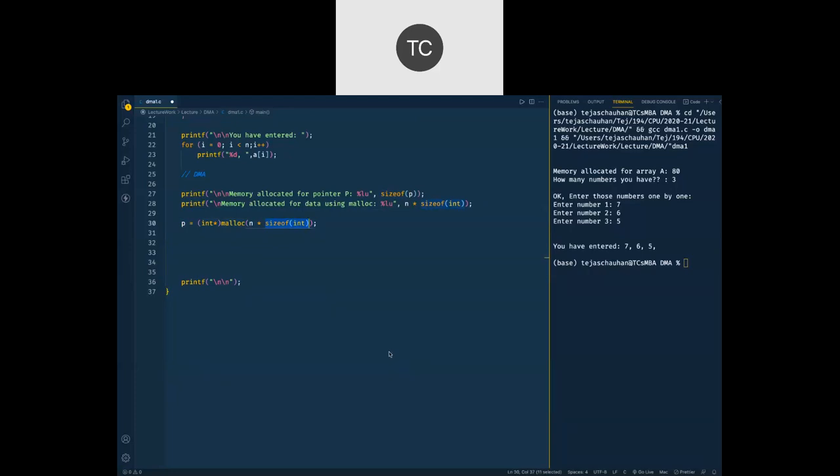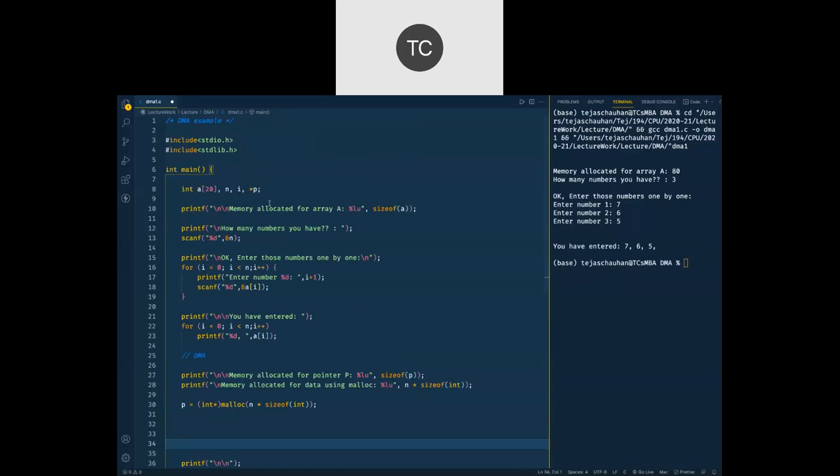Next, Nirmal is asking, what if we take the size first and then define the array? Look, first thing, at the time of declaration of an array, the size is going to be constant. Inside the square brackets, when you declare a variable, it must be a constant value. It cannot be a variable.